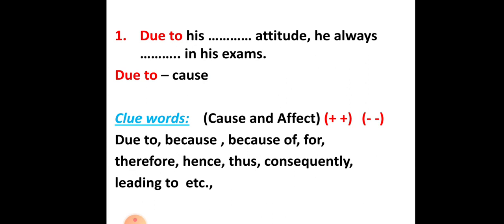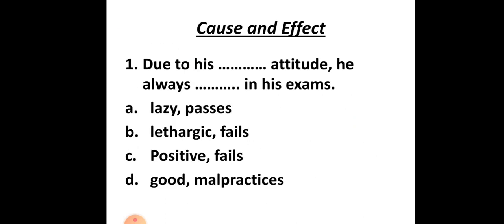And now you have decided one thing, that if the cause is positive, the result should also be positive. That means you will need to find a pair of words that has a synonymous relation, because both the words should be either positive or negative. If cause is positive, result will be positive. If cause is negative, result will be negative. So we need to find a pair of words which has a synonymous relation. That means same words.